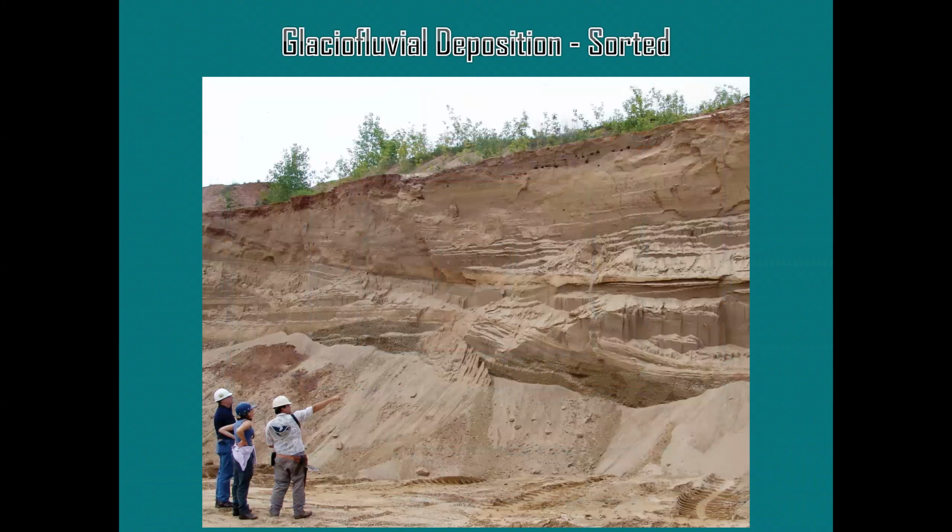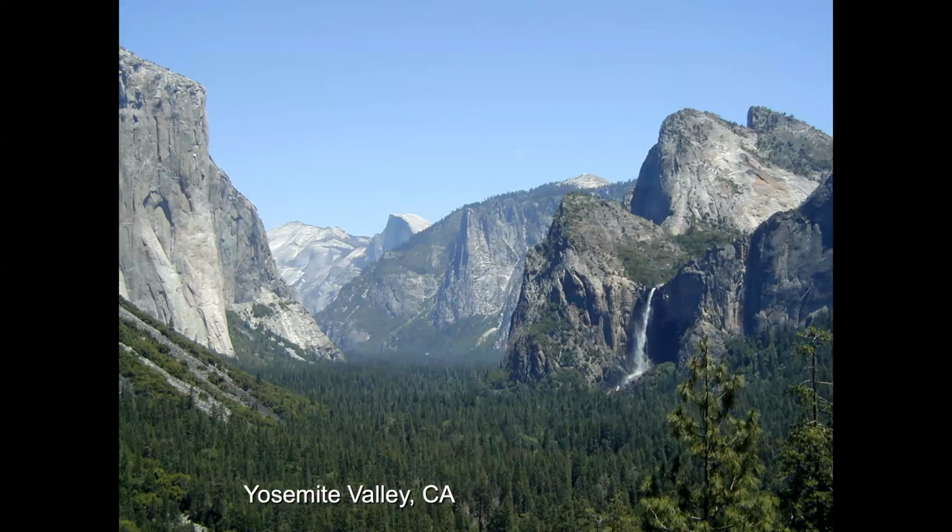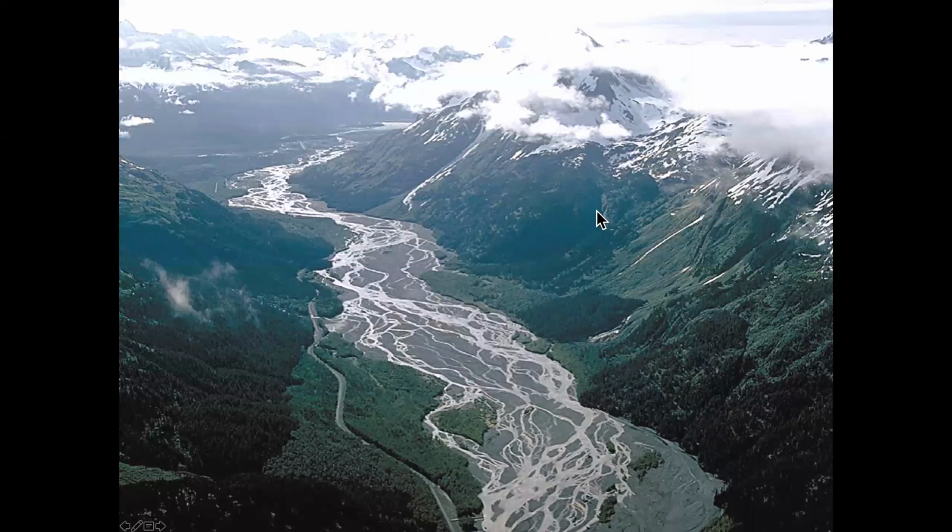Here's an example of sorted. Notice how layered it looks. Here's an example of unsorted material. Yosemite Valley in California is a really, really good example of a U-shaped valley. And this one in Alaska is a really good example of